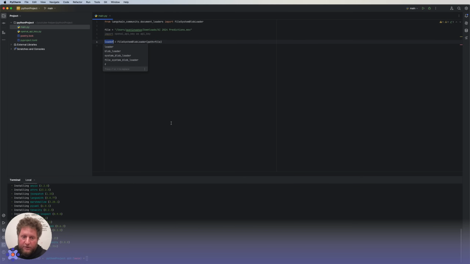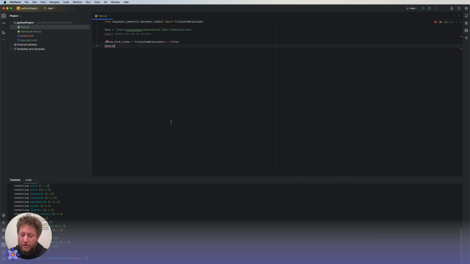So I think this is fine. We can call this a blob loader or system blob loader. And then we need to get this into the Whisper API. LangChain also offers this generic loader, which allows a loader and a parser to interact. This will allow us to eventually get a transcript in the form of documents from our video that comes out of the Whisper API.